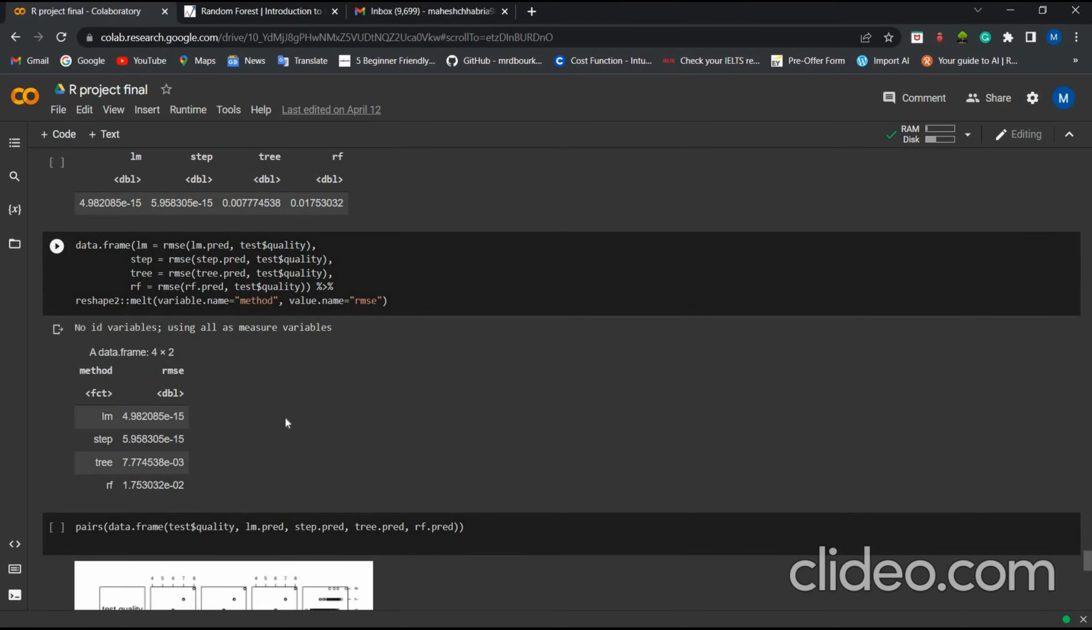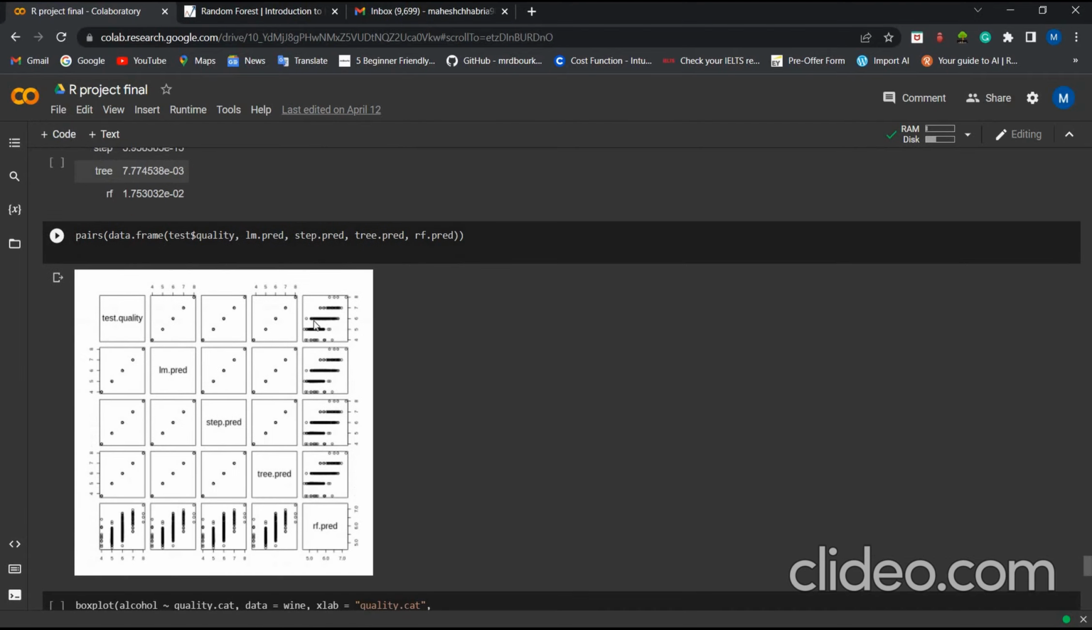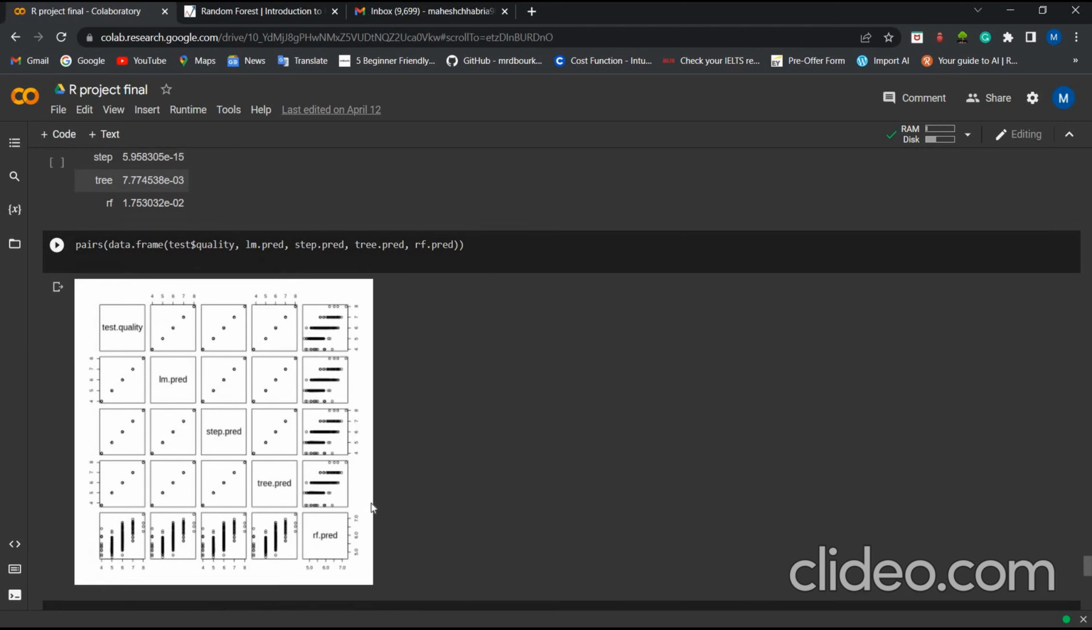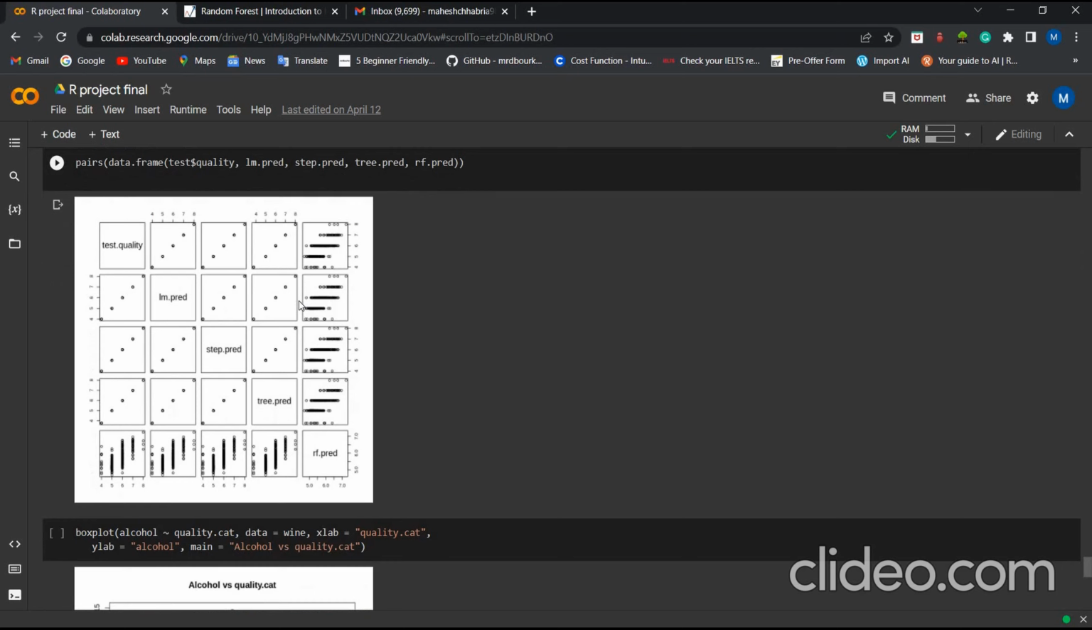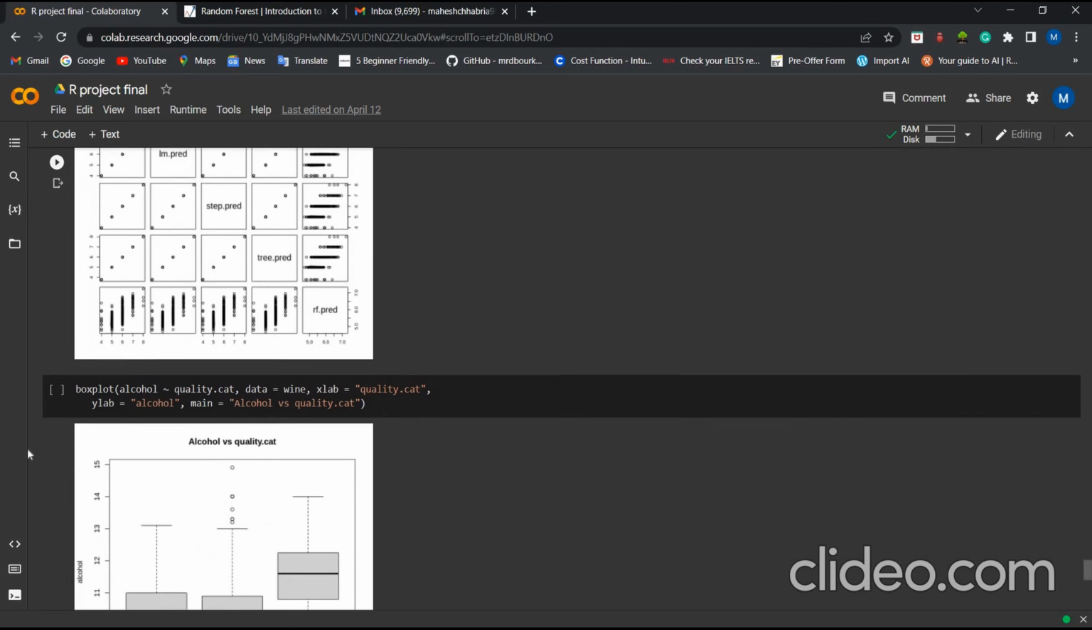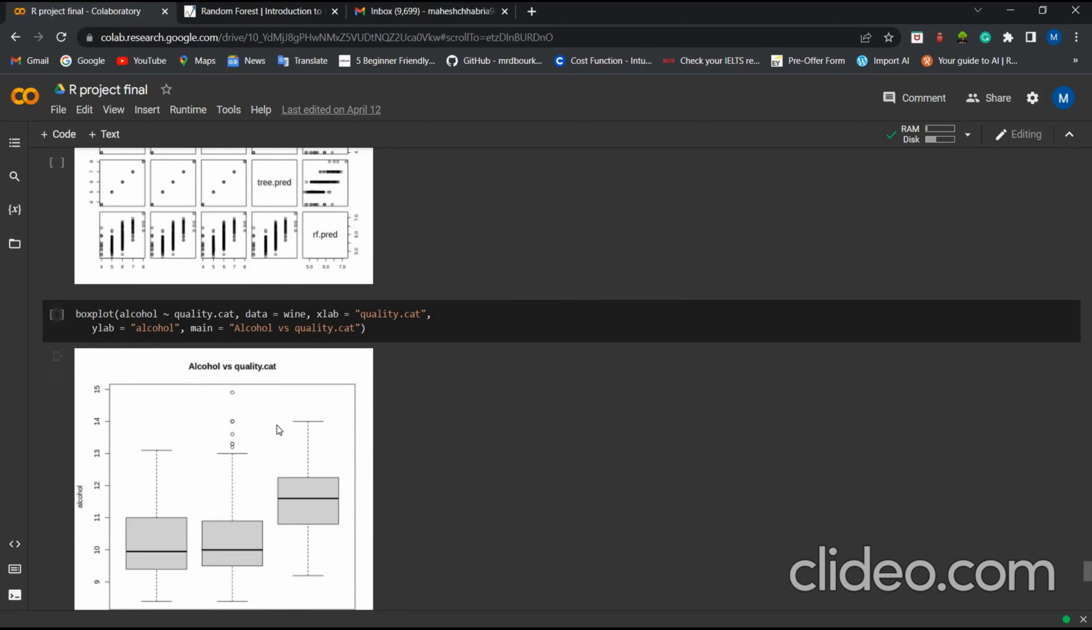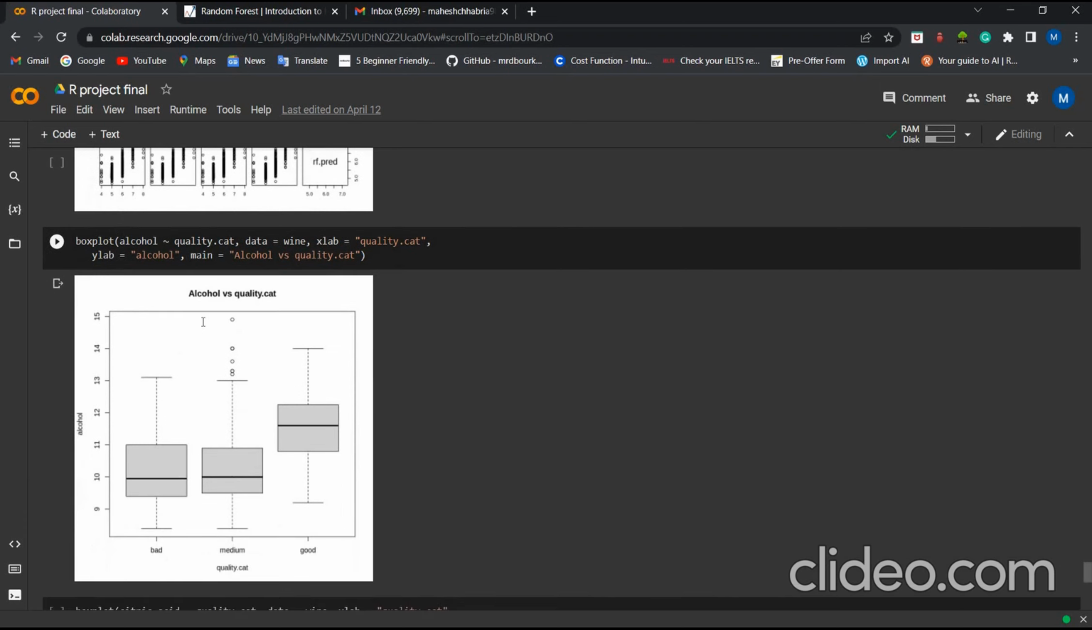After applying all the models, we have applied four: linear regression, step, tree model and random forest. This table indicates all the errors, like the success ratio of all the algorithms. In the end we have drawn pairs of data frames that indicate the relationship between all the models and the output generated through them, whether the output is comparatively good or not. Then we drew the box plot of alcohol with respect to quality,